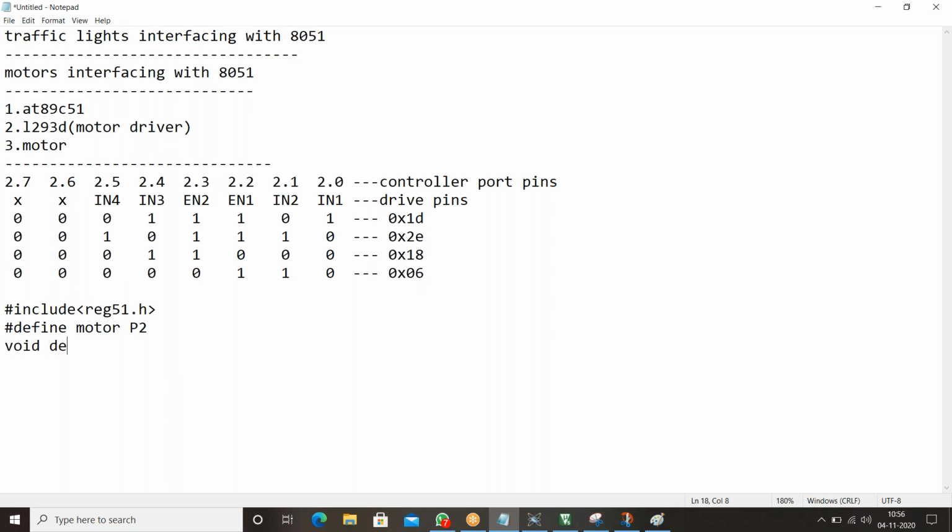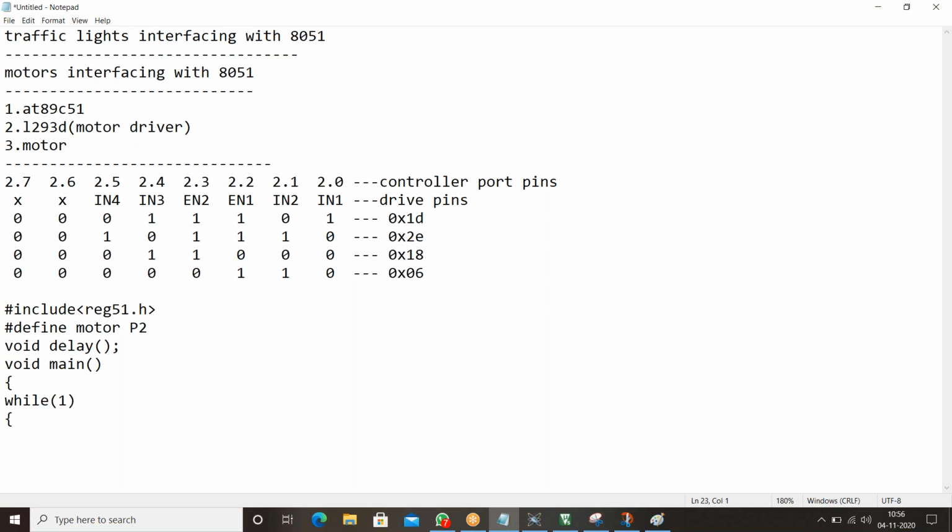Void delay. This is our function declaration, the delay declaration. Okay, next is void main. Open our main function, and this should be executing infinite times. All these steps are common, guys.